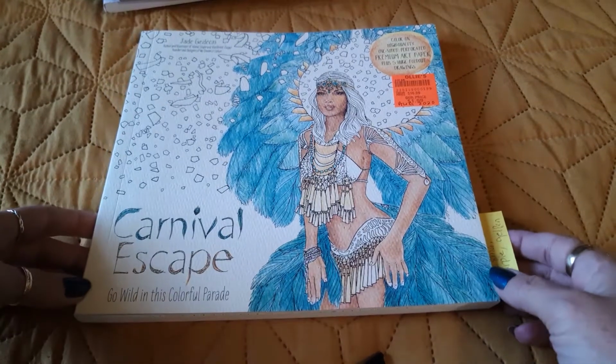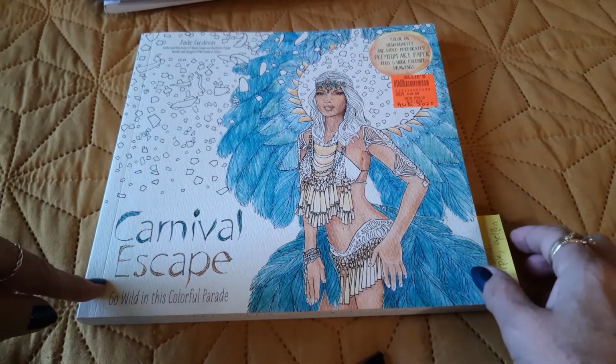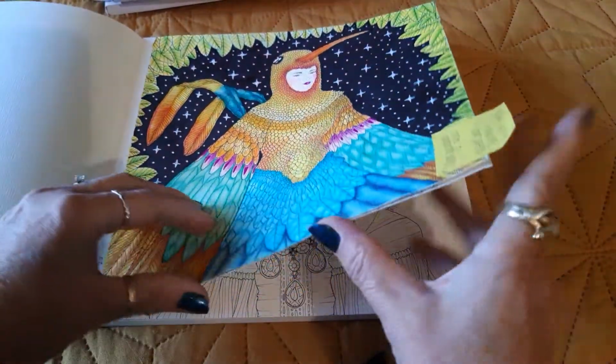Okay, first I have, this is in no order of the month, just whatever. Carnival Escape. This is by Jade Gideon. It's a beautiful, thick paper